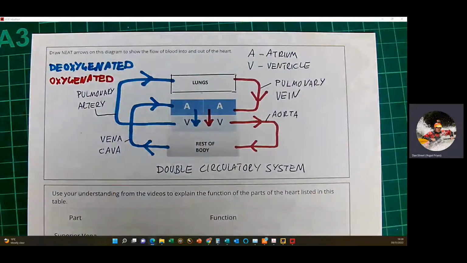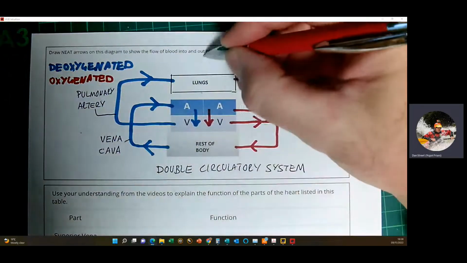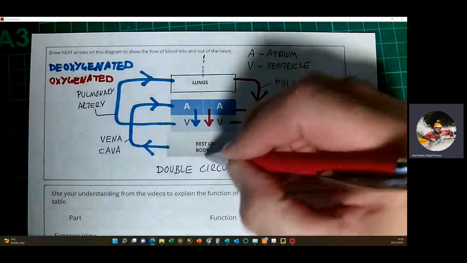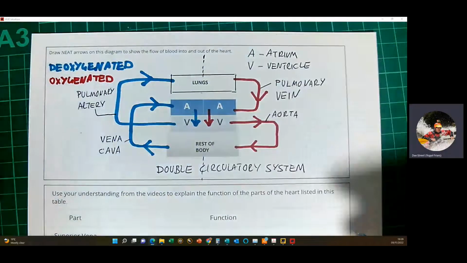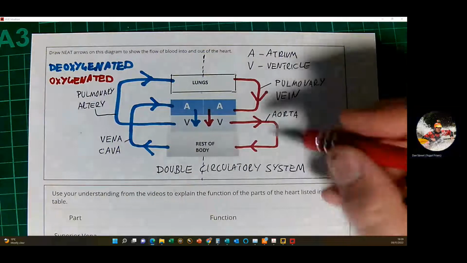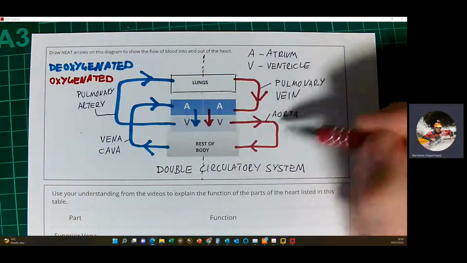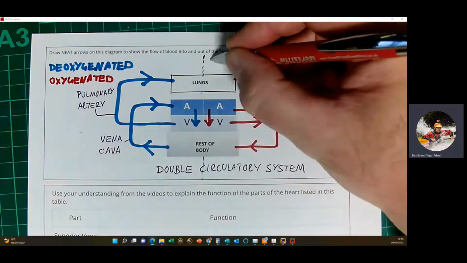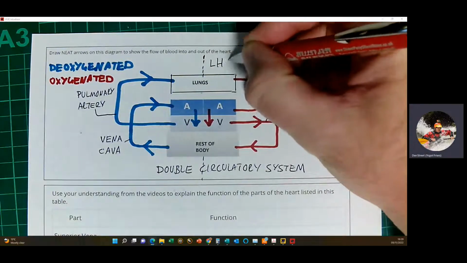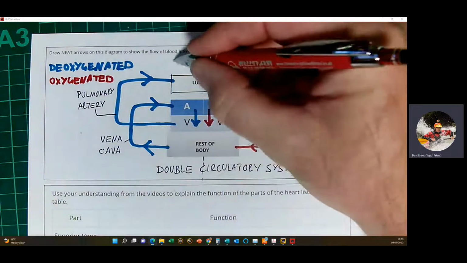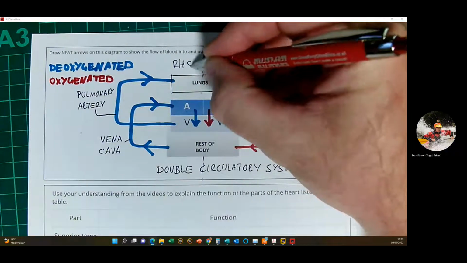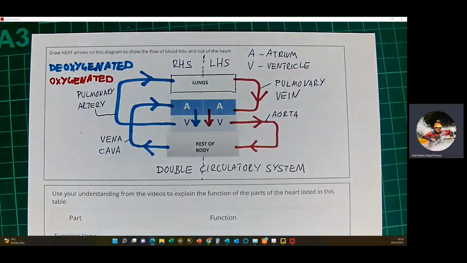And then finally, we can just show that when we're drawing a heart, we label it as if it was our own heart. So whilst this is the right hand side of the page, it's actually the left hand side of the diagram, and this is the right hand side of the diagram. Okay,